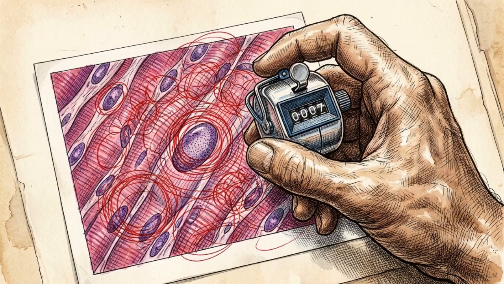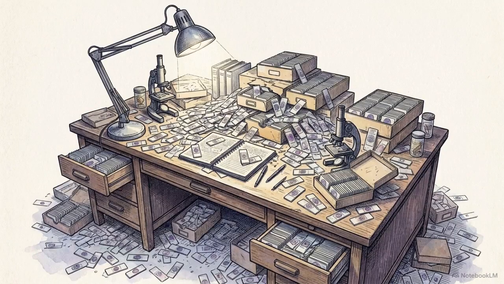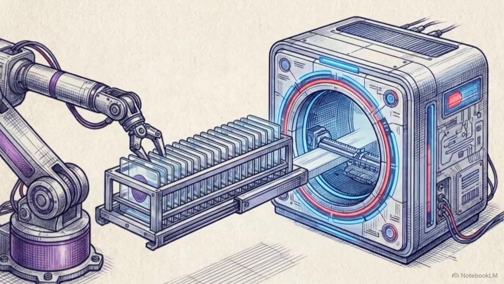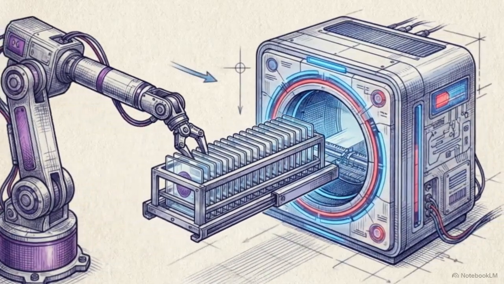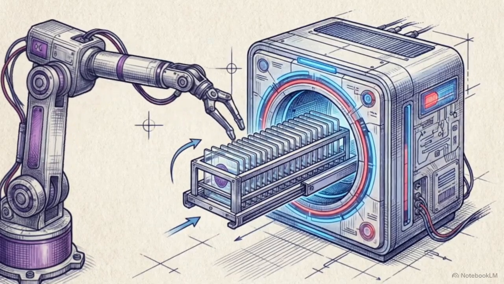This contradiction exists because traditional histology relies on manual human evaluation. It is highly labor-intensive, subject to individual observer bias, and struggles to quantify complex tissue architecture consistently across hundreds of samples. To isolate the actual mechanisms of tissue aging, pathology must transition away from a qualitative art and become a